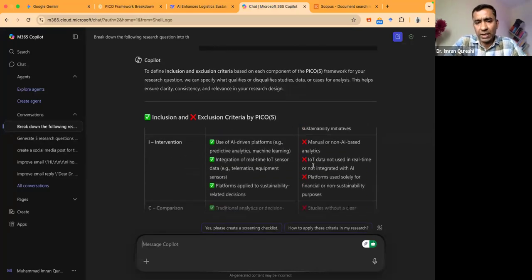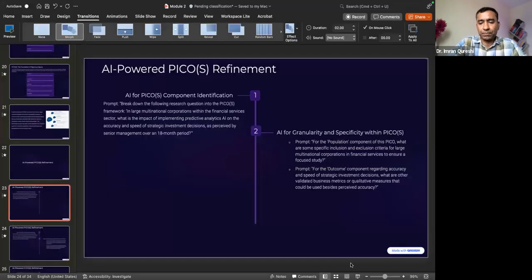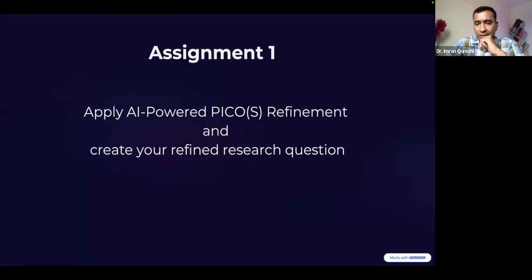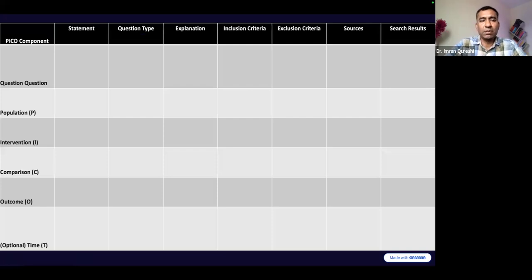You can use any AI tool which you want to use for this framework. Okay, now quickly, what I did is I have tried to complete this table, which is my assignment for this week. So I took my research question, divided it into different components, then question type. Question type means that you need to explain whether you want to